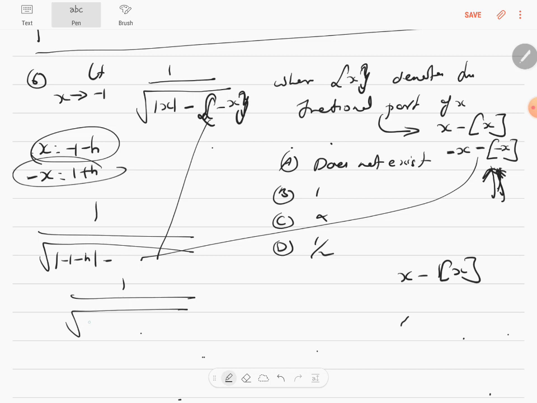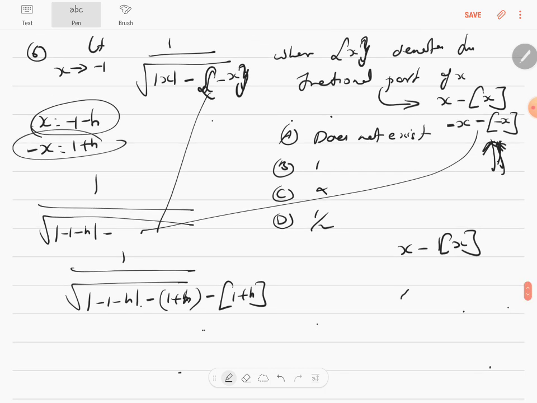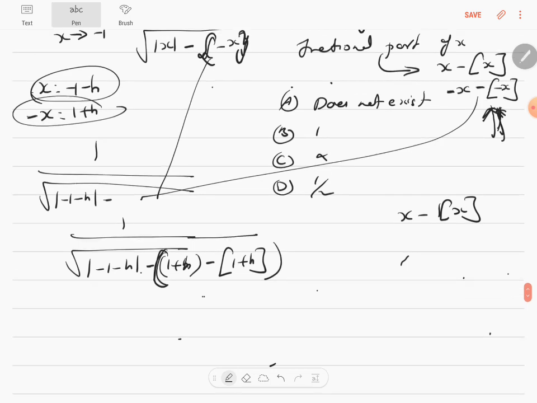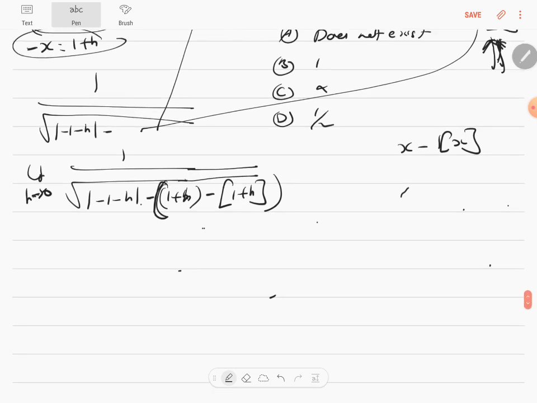it's root of minus 1 minus h minus 1 plus h, that is what is minus x minus greatest integer function of minus x, which is 1 plus h, and this whole thing is going to be within one bracket like this. Okay, and then therefore now limit h will tend to 0. Because of that, h is going to tend to 0. And if you simplify this,